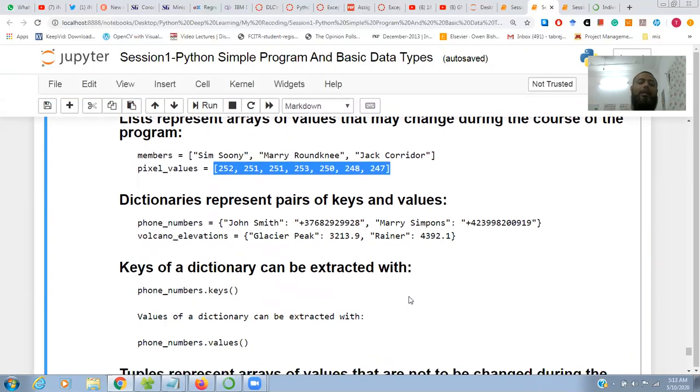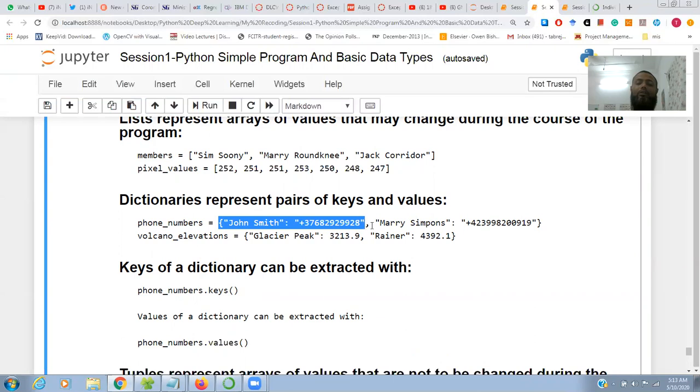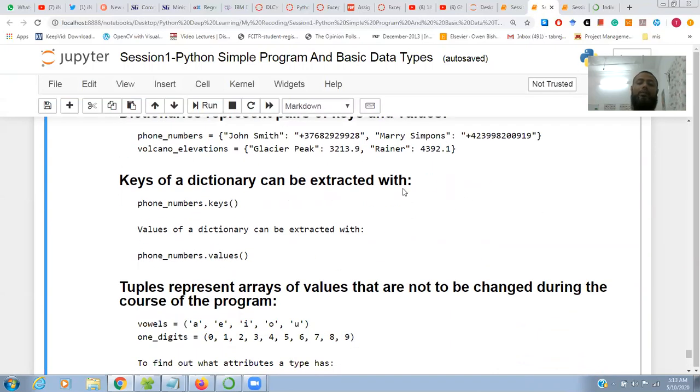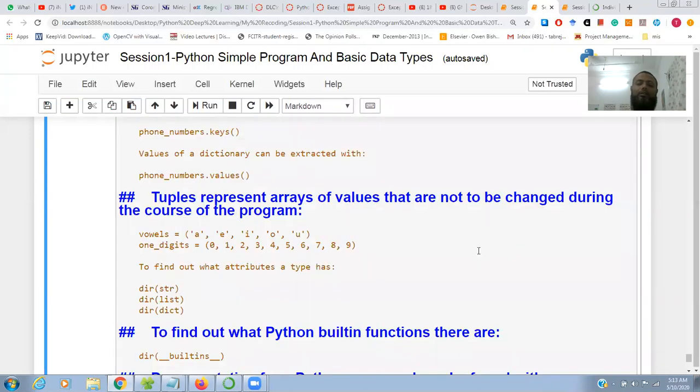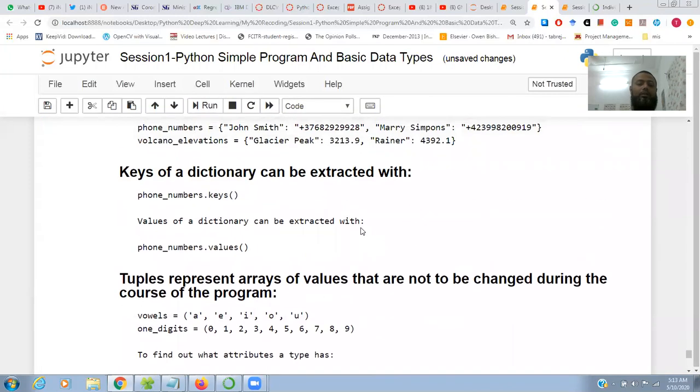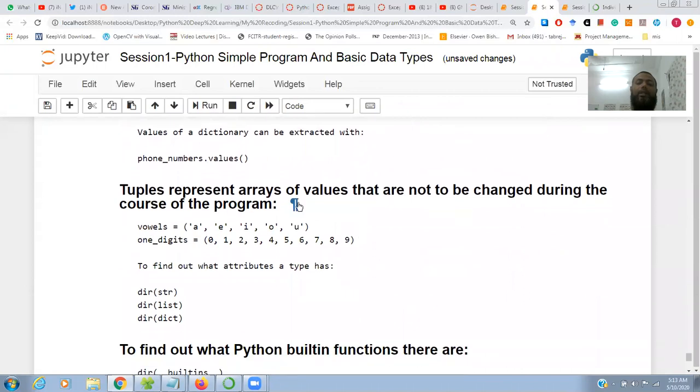Dictionaries are represented as keys and values, and the values of a dictionary can be extracted with the key. Tuples are represented with simple parentheses, as you see here.